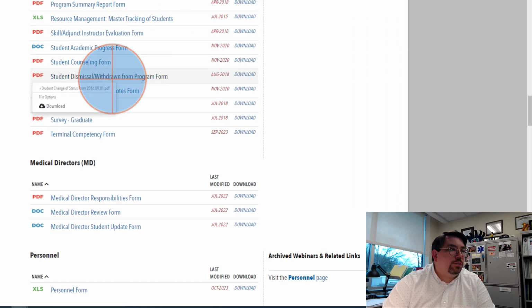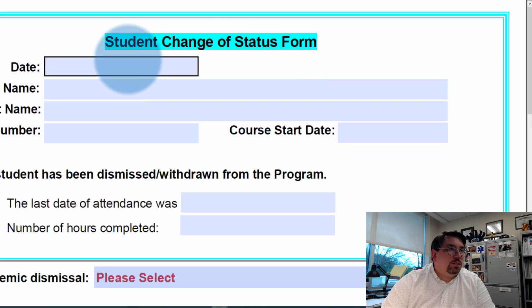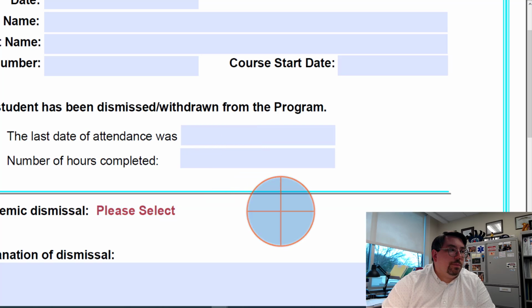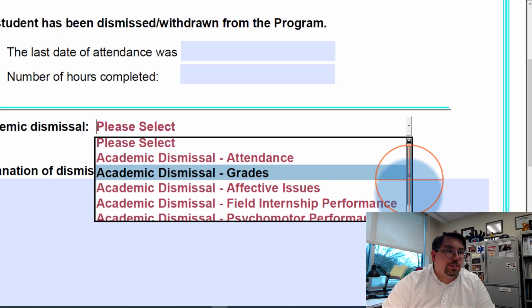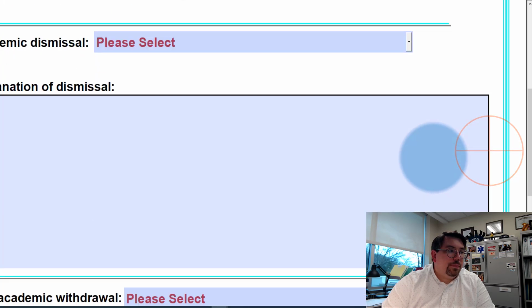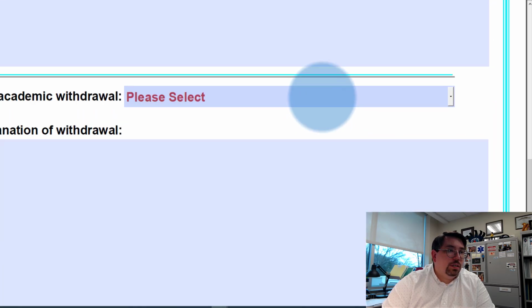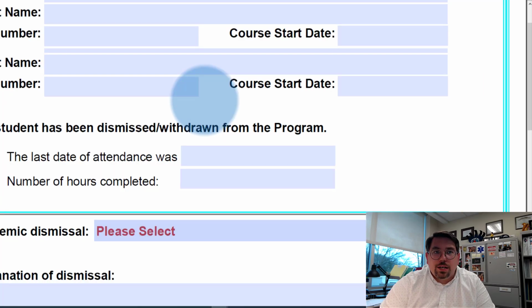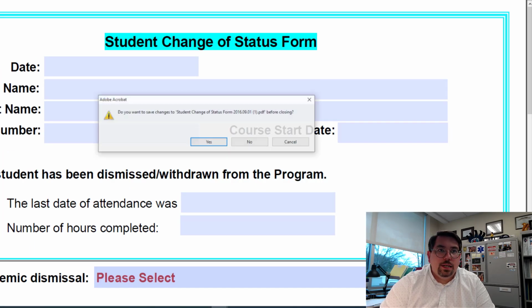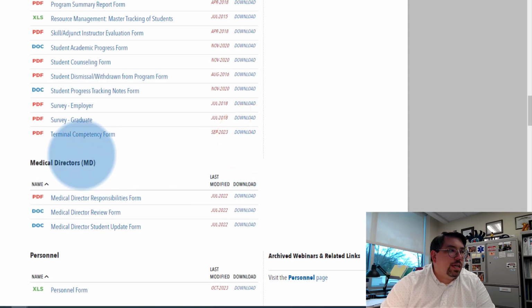If you're going to have to do a student dismissal, there's an example of a student dismissal form here. So this is, again, where we would be able to see what was going on. If they were dismissed, what was the reason why they were dismissed. And then a reason for dismissal. It was a non-academic withdrawal. There's a reason for that. And then a spot for the program director to be able to sign. Again, we're just talking about ways that you can document these aspects to provide some of that communication.